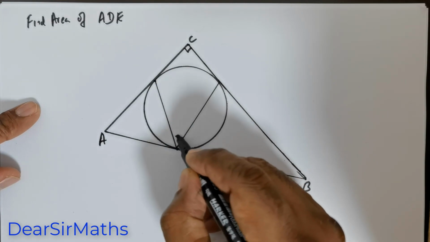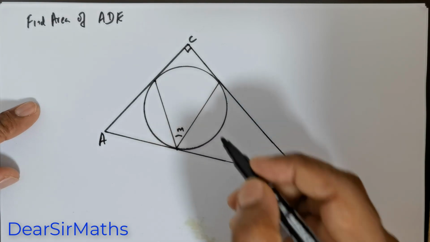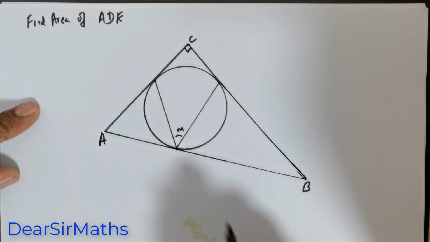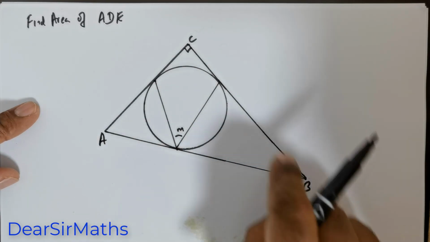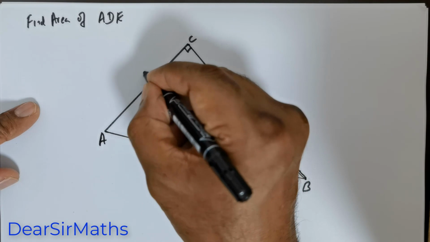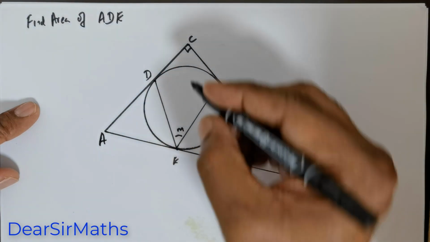In the previous question I have shown you how to get this angle. So A, B, C, I take this as D, I take this as E,